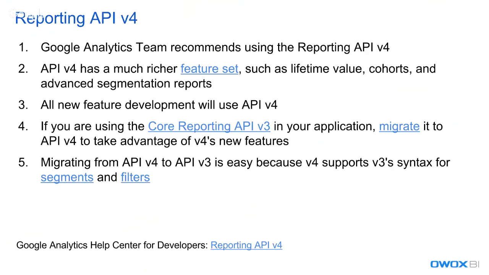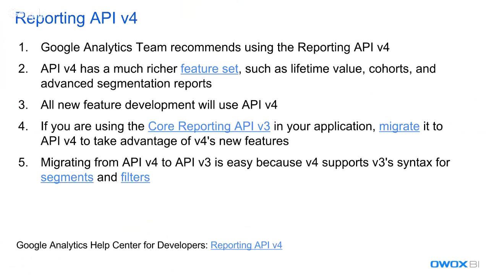Some useful tools that use core reporting API. But before that, you should know that the Google Analytics team recommends using the latest version of the reporting API, the fourth version. The API of the fourth version has a much richer feature set, such as lifetime value, cohorts, and advanced segmentation reports. And also all new features that Google Analytics develops will use only the API